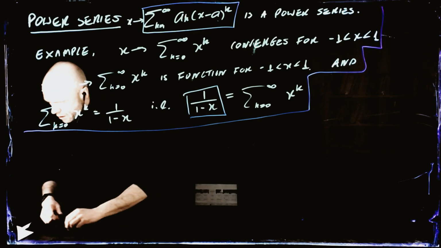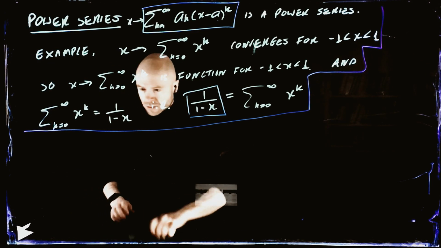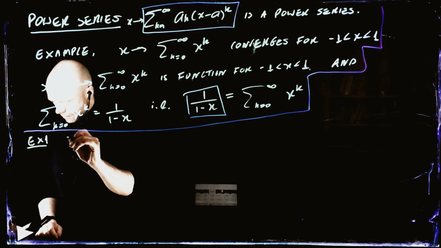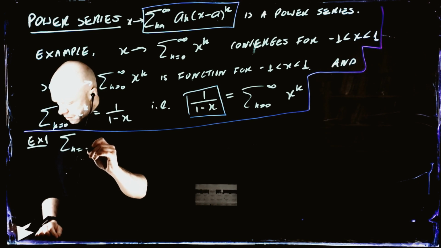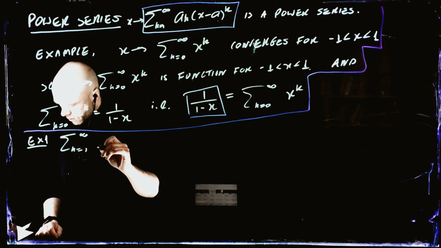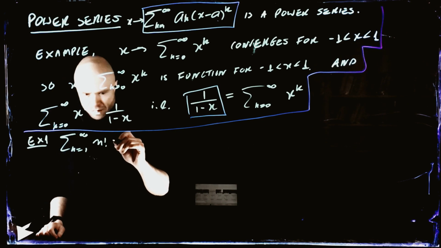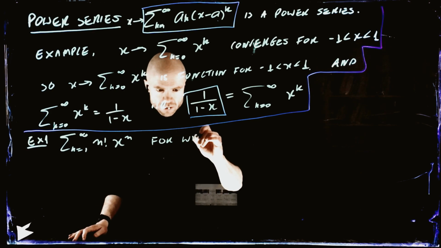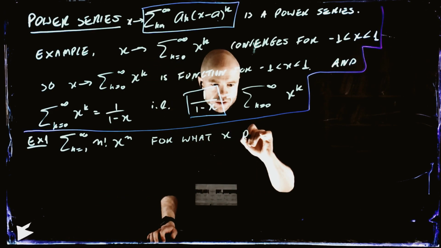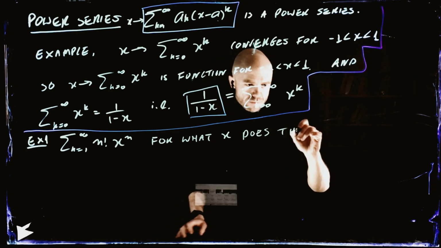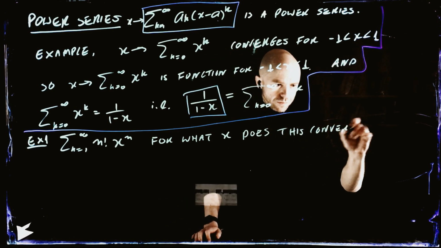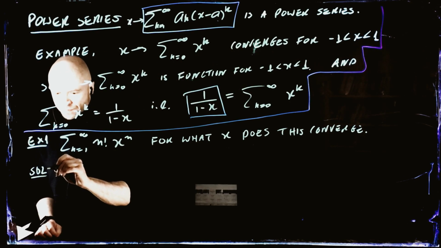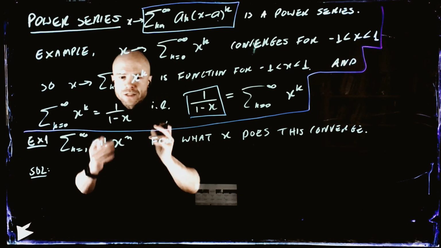Let us do another example. Consider this thing. This is example 1. Look at this. The sum k is equal to 1 to infinity of n factorial x to the n. For what x does this converge? Okay, so the way to figure this out is to just consider x as some fixed number for the